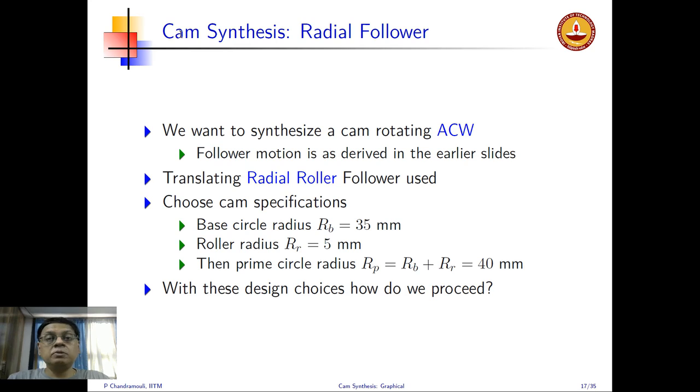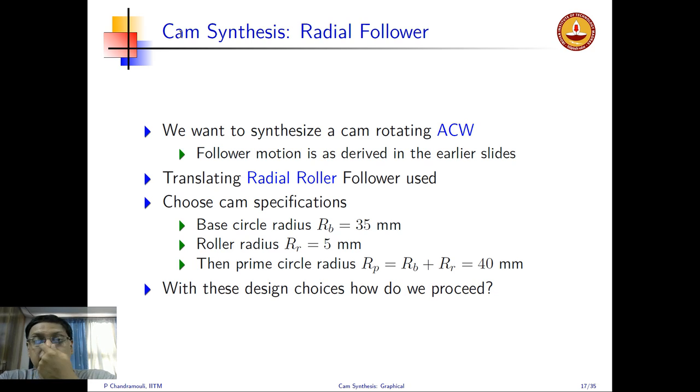Okay, welcome to lecture number 5. We are actually going to do the synthesis of a cam for a radial roller follower. In the slides I have given you the construction process. I will go through this using GeoGebra step by step so that you get familiar with this. I'll do this both for the radial follower as well as for the